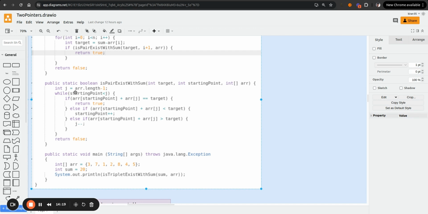So inside, while we are iterating, we'll be checking if the element at the starting point and the element at the jth index is equal to target. If it is so, we'll be returning true. If not, we'll be checking if the sum of the element at starting point plus the element at jth index is